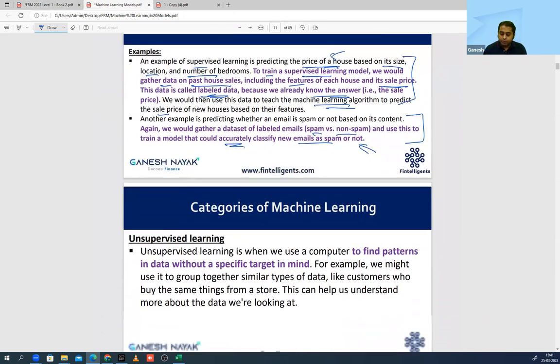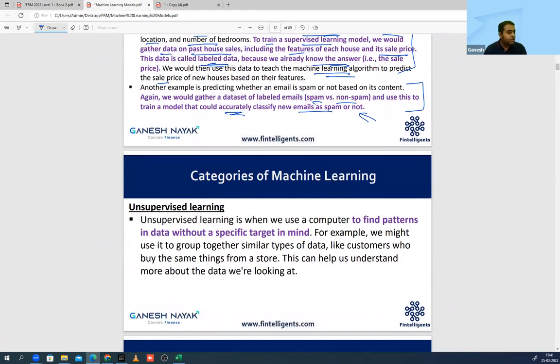Okay? Unsupervised learning. From the name, unsupervised means there is no labeled data. And this is generally used to find patterns or classification. My intention is not to predict. If you're finding a value of something, you're also doing some kind of prediction. When you're finding the outcome of a sport event, who is going to win the IPL, that is also prediction. Over here, my intention is not to predict. I just want to find if there is any pattern in the data. So that is why there is no outcome given in the data.